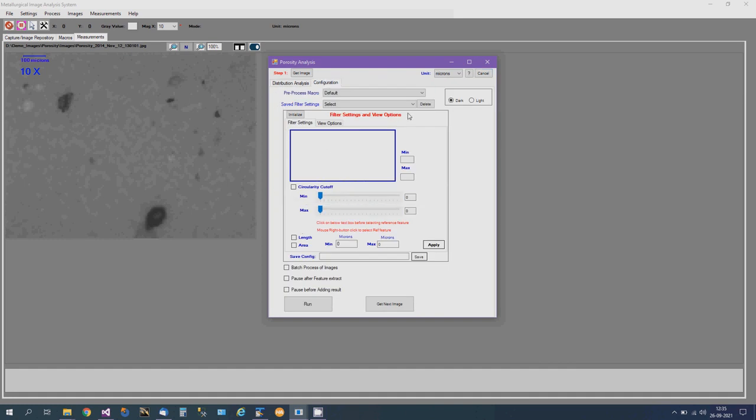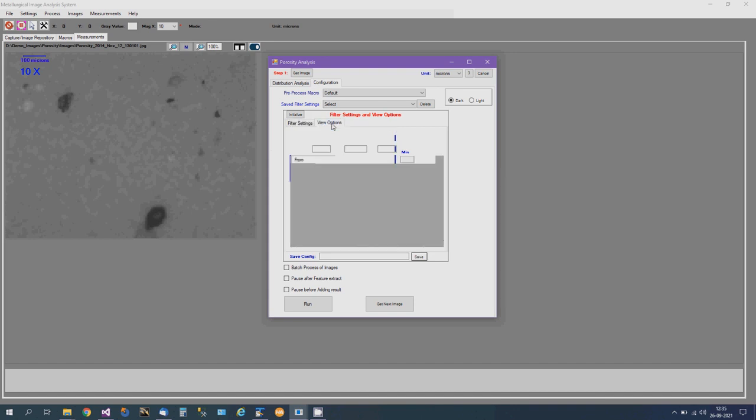Configuration is where you define how you want to measure, what you want to measure, and how you want to show your result. How you want to measure means how you are going to select your features, whether they are dark features, medium colored features, or white colored features. And how you want to report means view options.